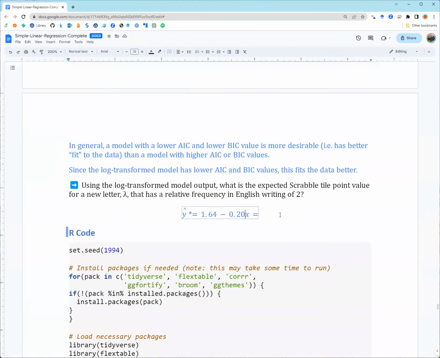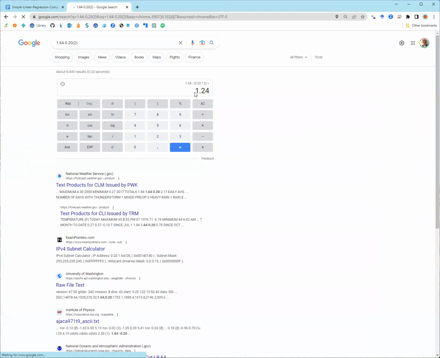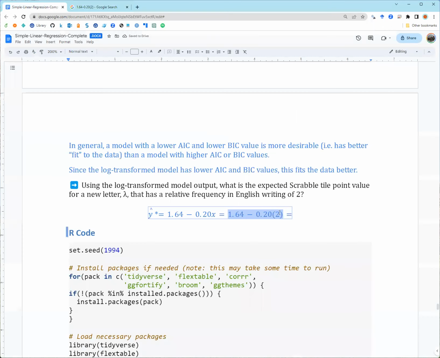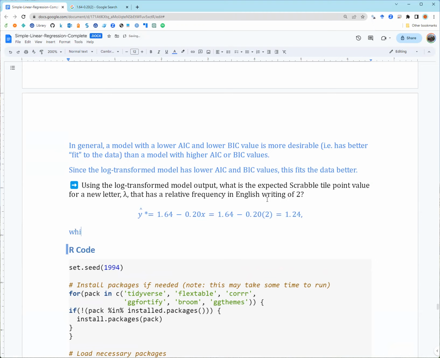If this is our regression equation, then plugging in 2, because x is not log transformed, we just plug in 2 for x, and we get 1.24. And 1.24 is the predicted log Scrabble